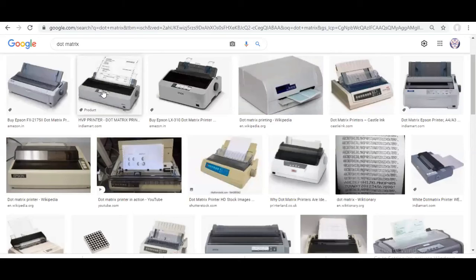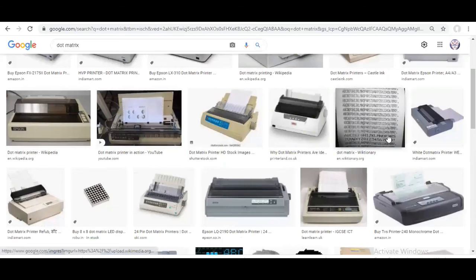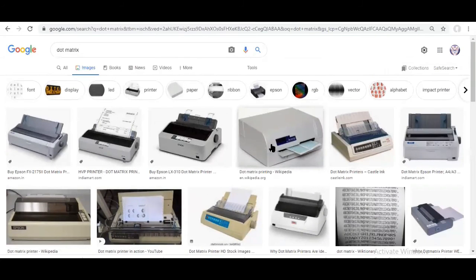This type of printer prints using a combination of dots. You can see these are combinations of dots, and these dots form an image, that is A, B, C, D, E, etc., like we can see at traffic signals, which is also formed using dots. This way it was printing in the form of dots. It is noisy and takes a long time to print a page. So nowadays it is not used for commercial purposes, but at some places it is still used.